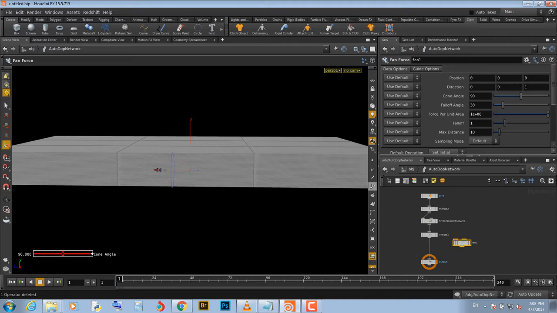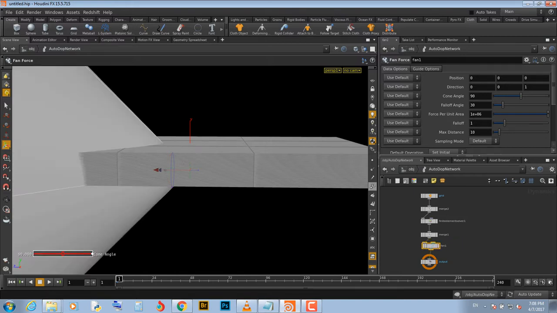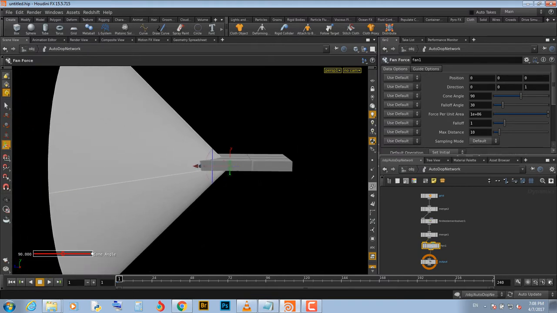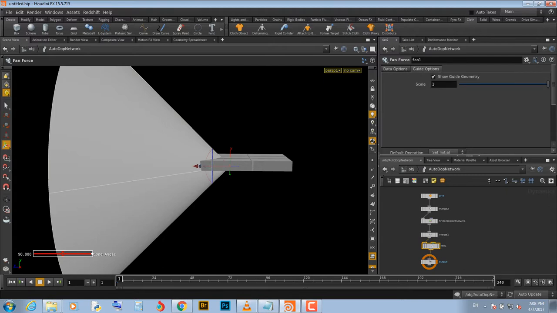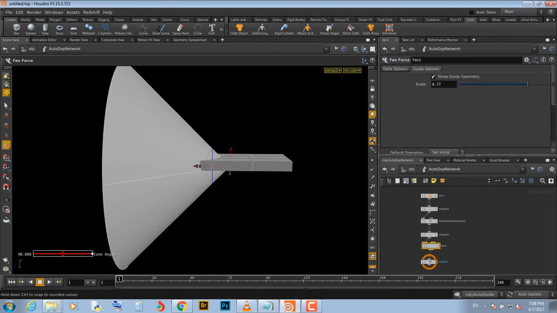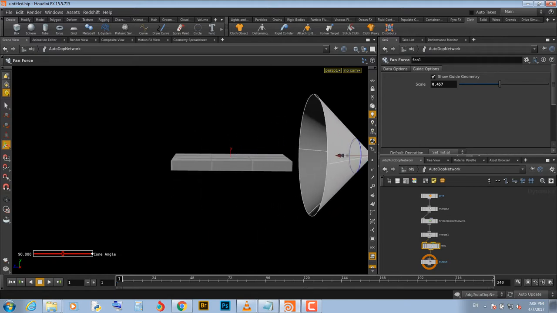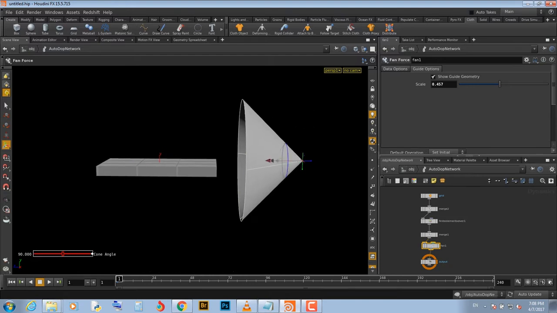So sometime I used to bring this before the merge, but let's bring it down here so you can see our fan here. It's big, but this is just a guide. To change the scale, you come into your guide options and you scale it down, so it's not gonna take all of our space. So let's bring this guy back here,